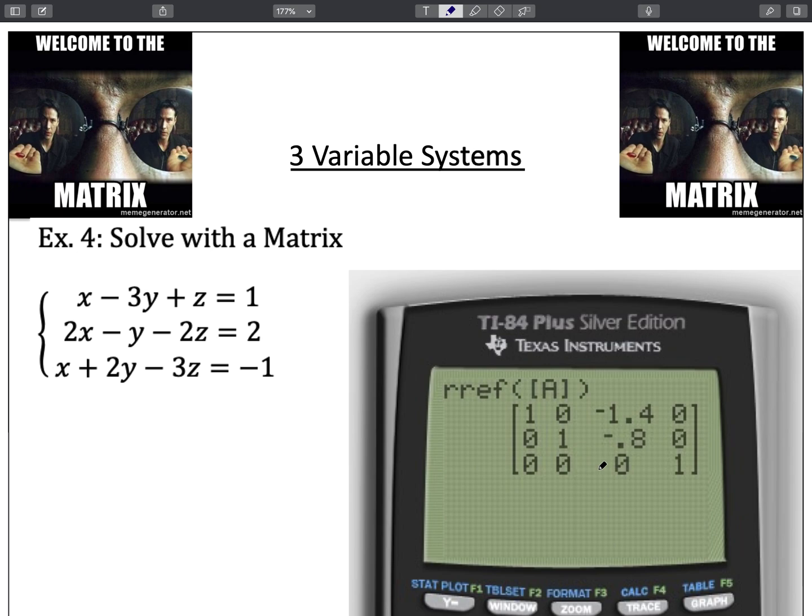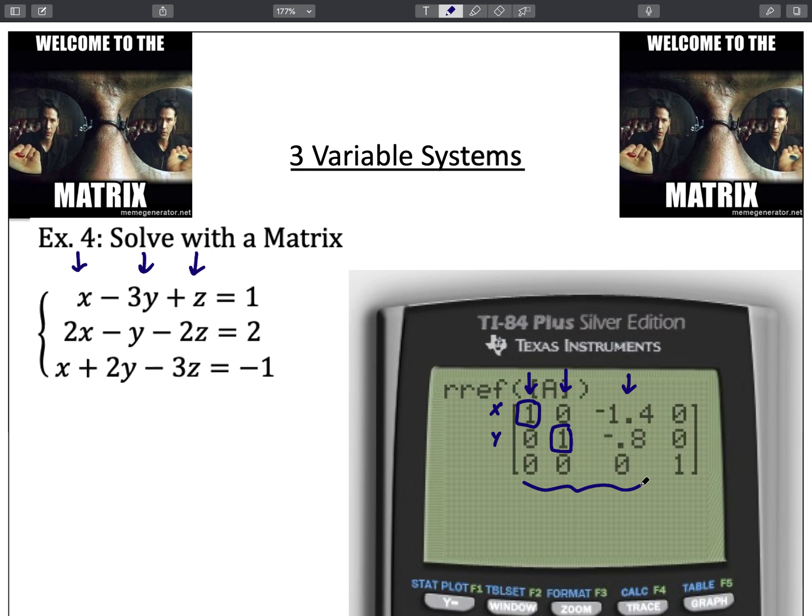So, going down the line, we know that the first column was x's. So if we go here, the first place in the first column where we see a 1 is the first guy. And if we look at the second column, you'll see that there are y's. So this will correspond to x here, and the second column corresponds to y. But if you go to the third column where z is supposed to be, notice that nowhere in the third column do you see a z. And the last row has zeros and it has a 1 in it. So in this case, this actually means that there is no solution for z, which means there is no solution